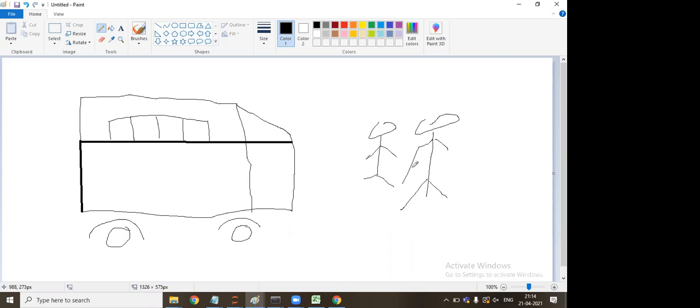They came to this bus and asked the owner that they actually want to board this bus. How much is a ticket? He said it's 2,000 rupees for a particular person. Till now the example is clear. This is a bus going to Nainital. These are two friends, A and B. They want to go to Nainital, so they checked the fare and the price is 2,000 rupees per head. Now they said, okay, we are fine to board the bus, but let us check the condition of the bus, whether it's fine or not.